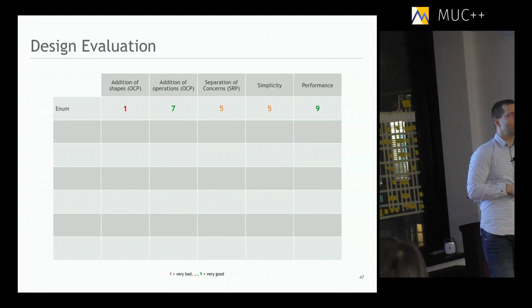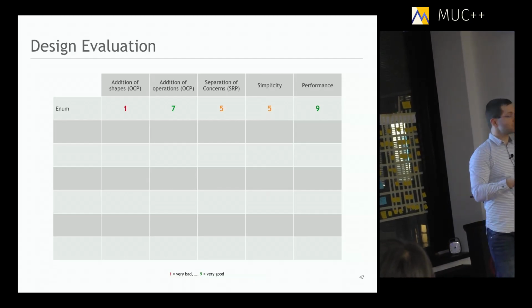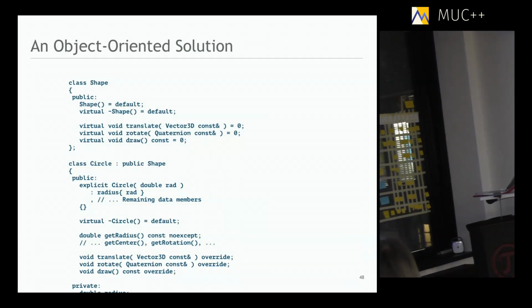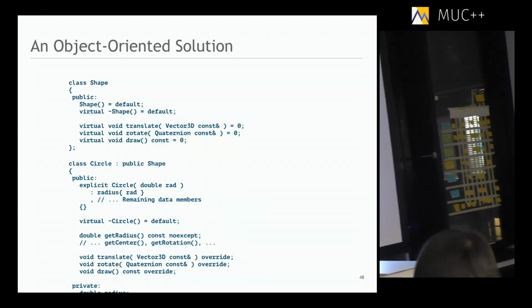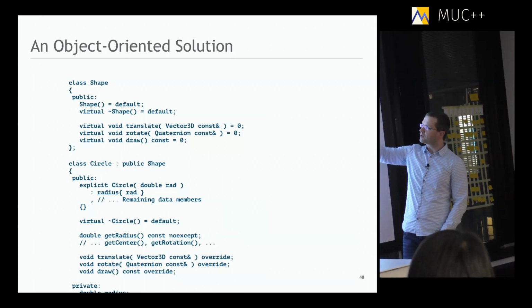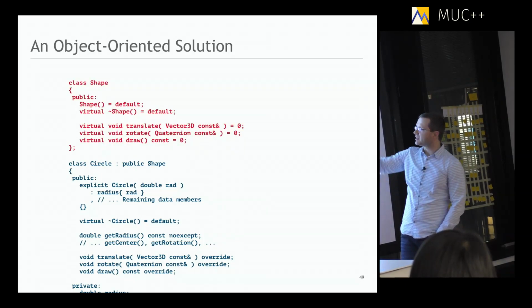So we would go for a virtual function, right? That's what virtual functions are about. This is the right thing. So, second solution, another approach. Now I go for virtual functions: translate, rotate, draw. I know virtual functions, pure virtual in the base class, simply because I don't know yet what